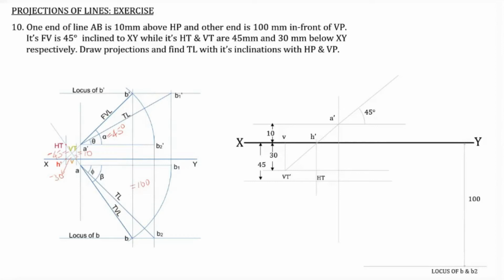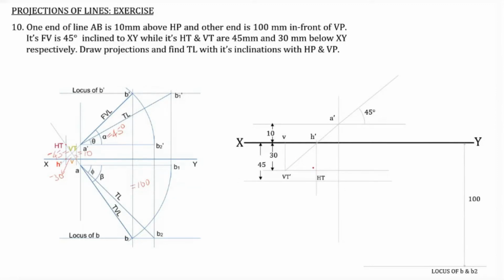And the locus of B as well as B2, both are the same. Now we know that the B, that is the top view, should be in a line that is joining V and HT. See, V, HT, and A and B are on the same line. V is this point, HT is this point, and the top view is on this line. So all these four points, that is the HT, V, and the top view, should be in the same straight line.